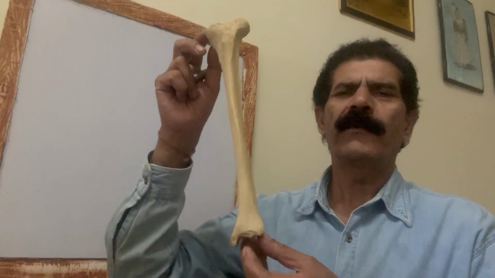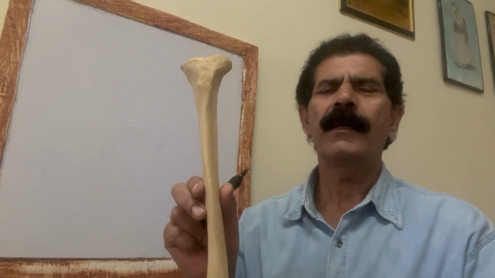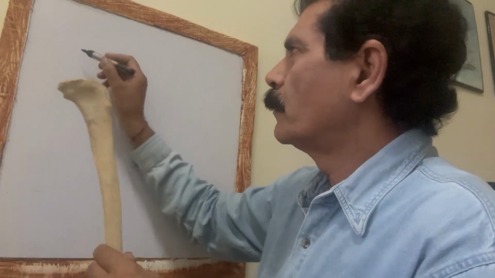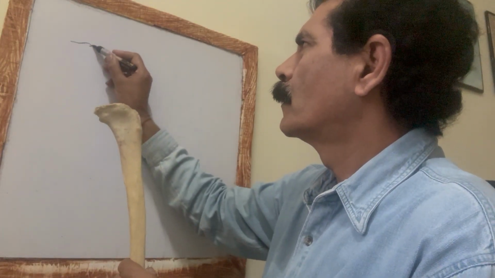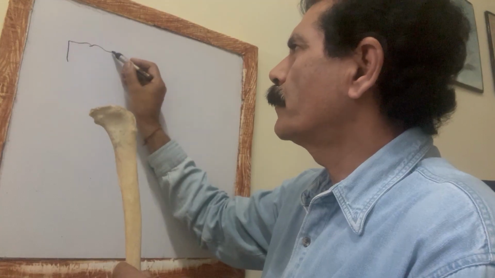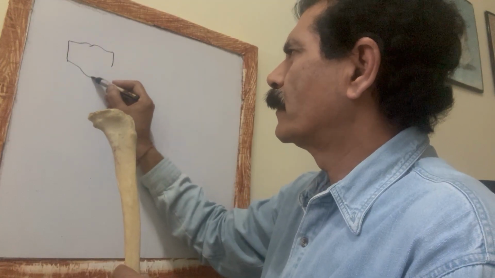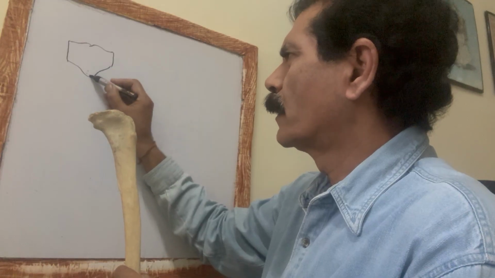Another bone of the lower limb is the tibia. So tibia is a weight-bearing bone. It's a long bone, so it has got the upper end, shaft, and the lower end. The feature of the upper end of the tibia is that it has got two condyles, lateral and medial condyles, and in between there is a raised portion that is called